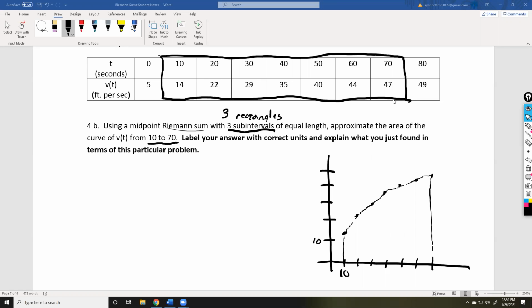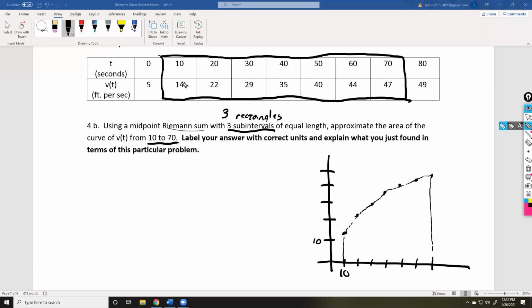Okay, so hopefully we're able to get the graph and plot those points onto the graph. Remember, we're only focused on from 10 to 70. And now we want to start to build our rectangles on this one. If we're building these rectangles, and I want to go from 10 to 70, the key part of what might be tripping you up about